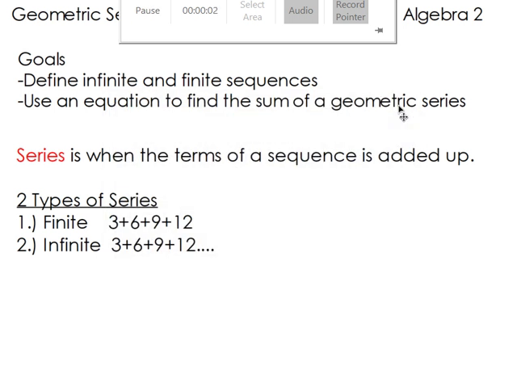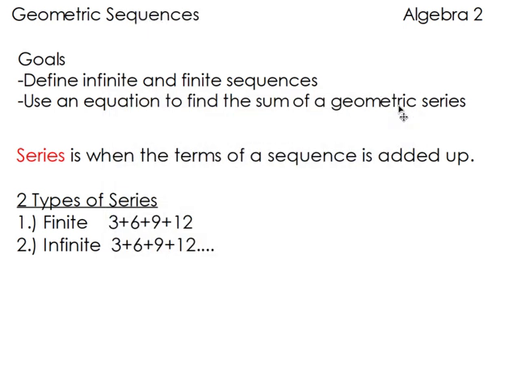Okay, just got done talking about geometric series, and geometric sequences are pretty closely related. There's infinite, there's finite, and what makes it geometric is that there's a common number that you're multiplying to get from the first term to the second term, from the second to the third, and so on. The only difference with a series is we're going to take the commas out and put a plus in between,